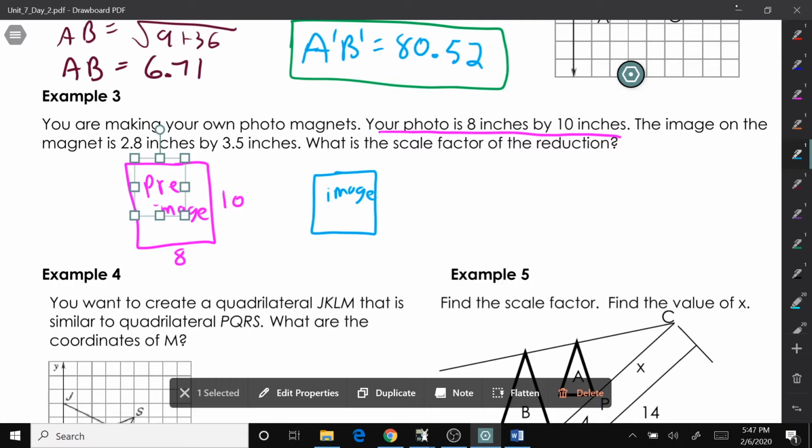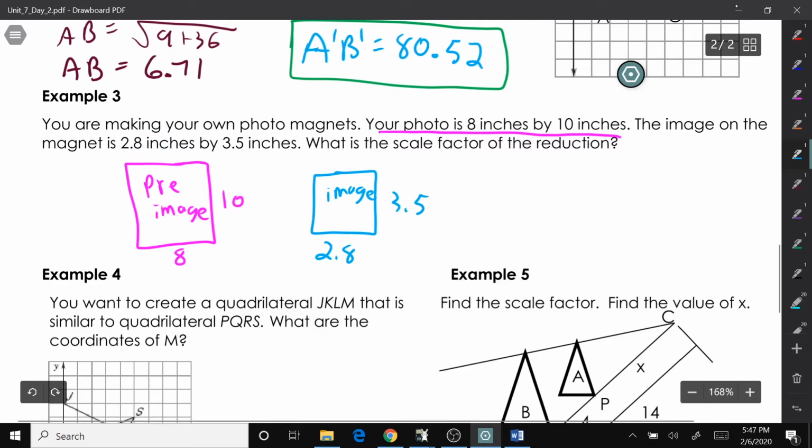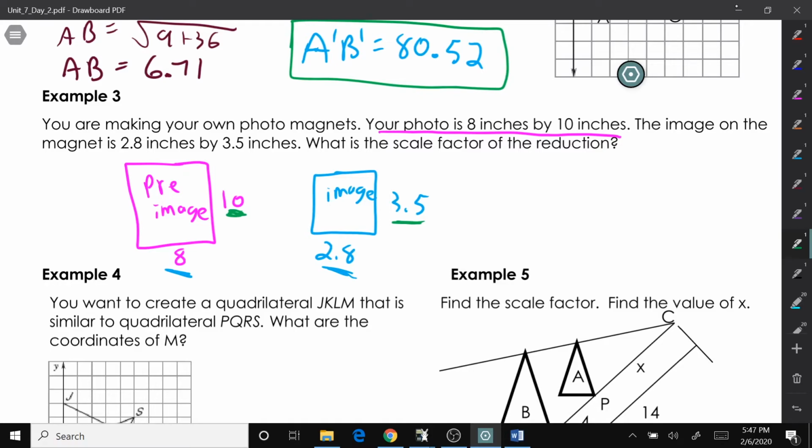2.8 and 3.5. The reason I put 2.8 on the bottom, right here, is because 8 is right here, and they're both the smaller numbers. 10 and 3.5 are the larger numbers, so I put them in the same spot between my pre-image and my image. So remember from the previous page that your k value is your image